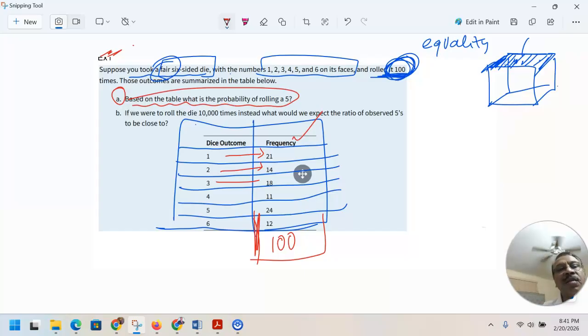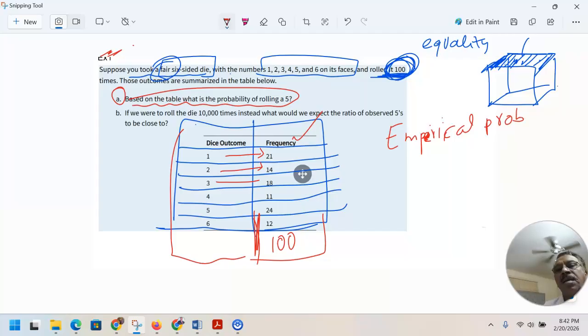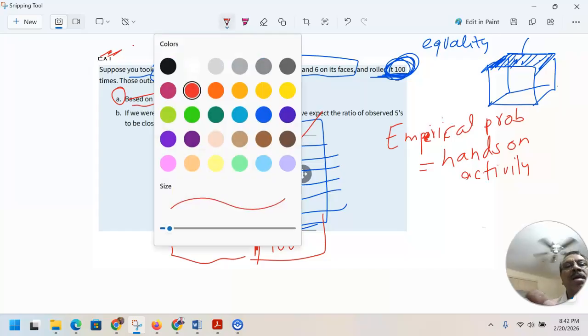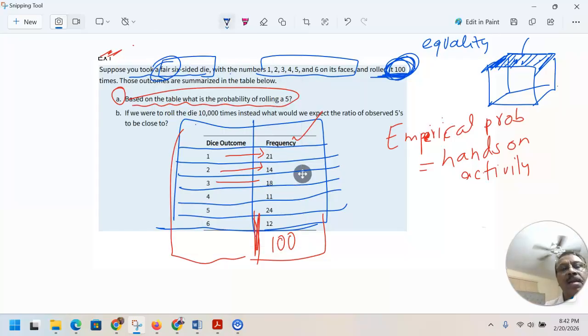Now, what is that called? Empirical. Empirical probability is a hands-on activity. This is called hands-on activity. So you actually try to roll the die 100 times and see the data, and the data shows that